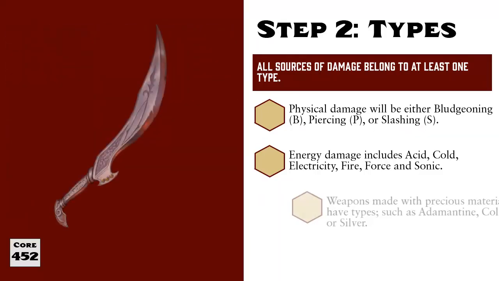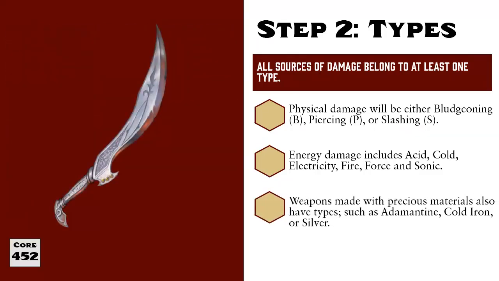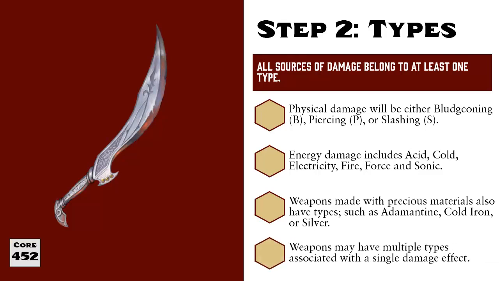The material a weapon is made out of is also important to note. For example, weapons made from adamantine, cold iron, or silver. Because of this, some weapons will have more than one trait assigned to a single damage effect. So let's consider that warhammer and the skeleton again. If it was a flaming silver warhammer and it struck a skeleton, we would note that it did 6 points of bludgeoning damage that also has the silver trait, and in addition to that, also inflicted 4 points of fire